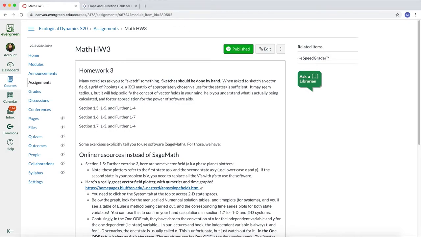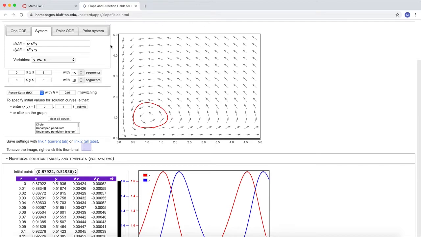I'm going to do further exercise number 4. I'm sorry, it's from section 1.5, not from 1.6. So on page 53, further exercise 1.5.4 about zebras and wildebeest, I'm going to try to type it in right here. The only big problem here is that in the problem it uses W and Z, but this thing always uses X and Y. So whatever you see there first is going to be X, and whatever you see second is going to be Y. So the W is going to be X.